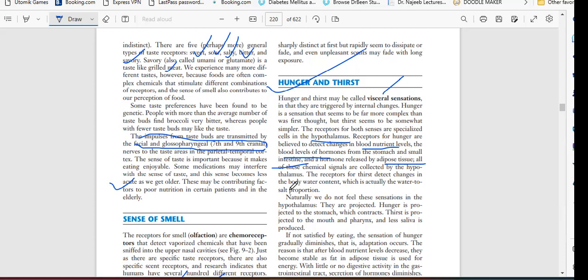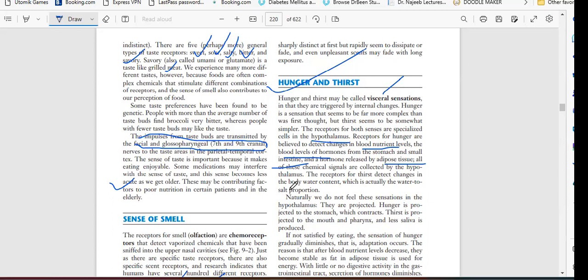ओके. सो यहाँ पे क्या बताया जा रहा है कि चाहे वो प्यास लगना हो या फिर भूख लगना हो, तो कैसा होता है कि ब्लड में और स्टमक के पास और इंटेस्टाइन के पास और आपके गले के पास कुछ रिसेप्टर्स होते हैं। वो क्या करते हैं, उनका काम क्या है, देखना पानी कम तो नहीं हो गया जिस्म में। हाँ, जिस्म में आपकी जो न्यूट्रिशन है, आपकी जो जरूरियात है, वो कम तो नहीं हो गए। ठीक है, या फिर कोई हार्मोन तो कम नहीं हो गया। तो उनको डिटेक्ट करना, जैसा ही कम होगा तो वो